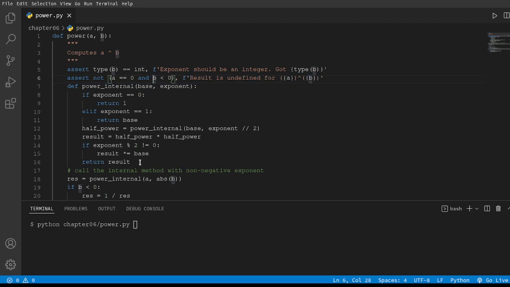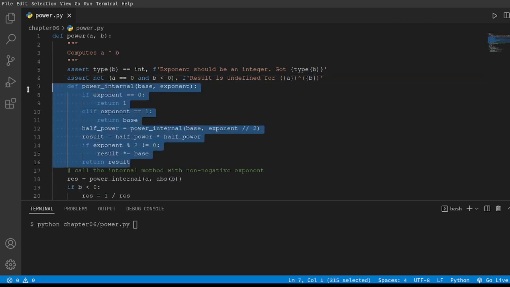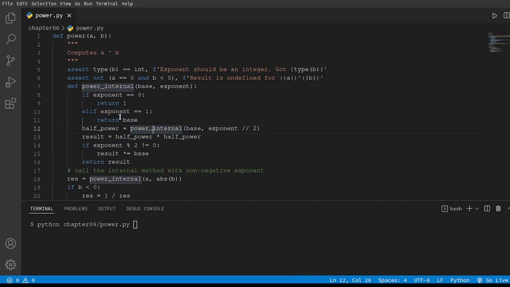Now let's look at the second portion as to how we are improving to a sublinear time. So here, when exponent is 0, you return 1. When exponent is 1, you return base. Those are the base cases. Now here comes the interesting part. Every time you compute half the power, that is, you compute A power exponent divided by 2,